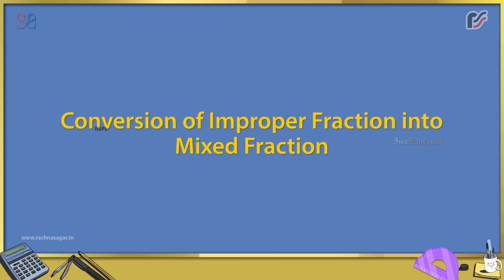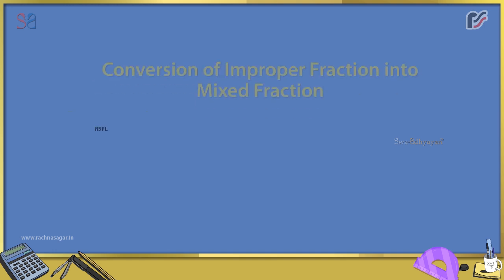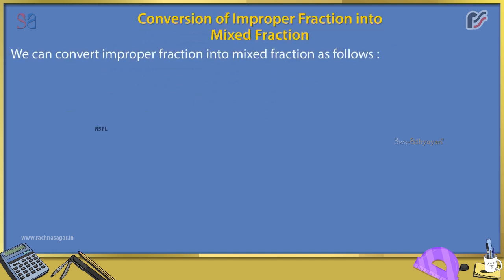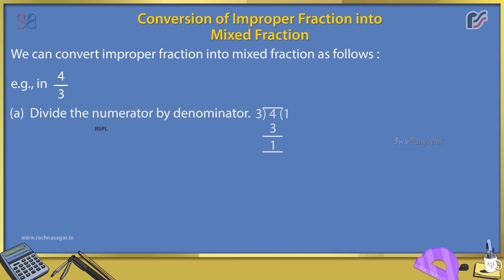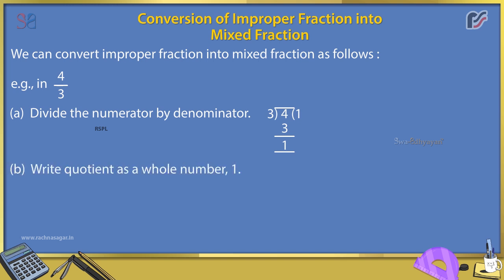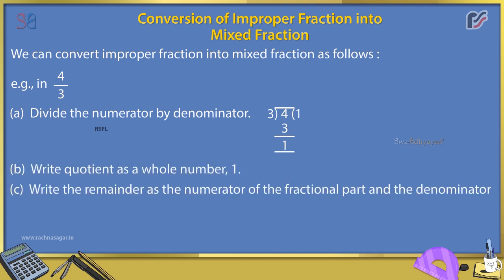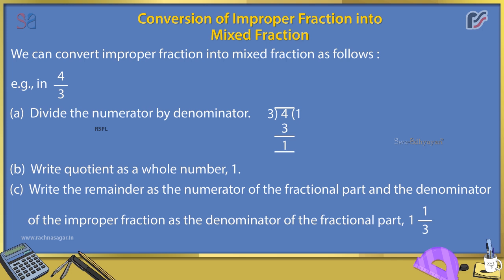Conversion of improper fraction into mixed fraction. We can convert an improper fraction into a mixed fraction as follows. Example, in 4 by 3, A. Divide the numerator by the denominator, 4 divided by 3. B. Write the quotient as a whole number, 1. C. Write the remainder as the numerator of the fractional part